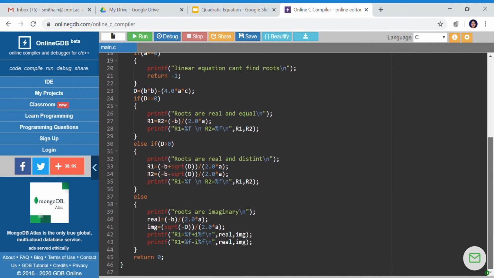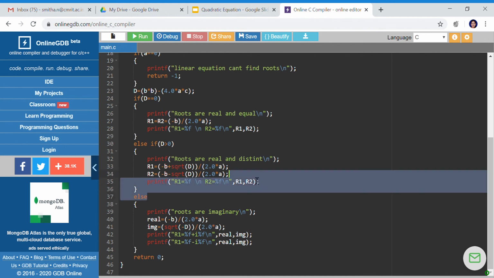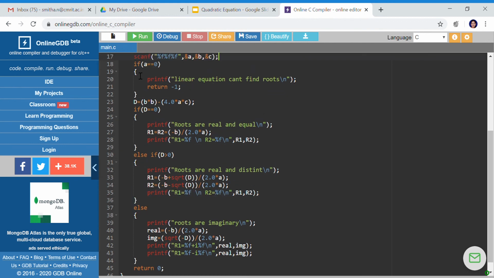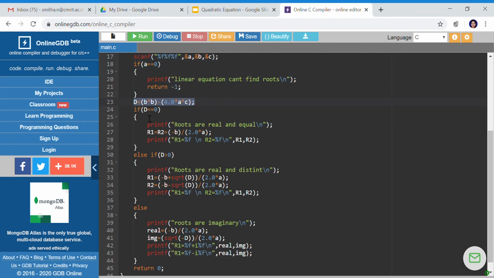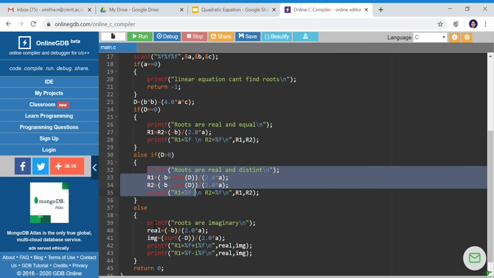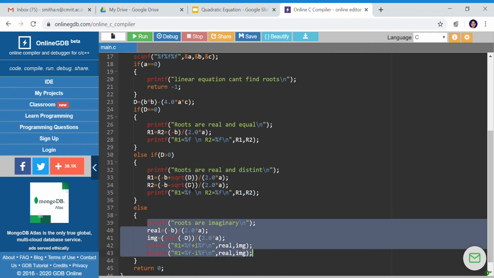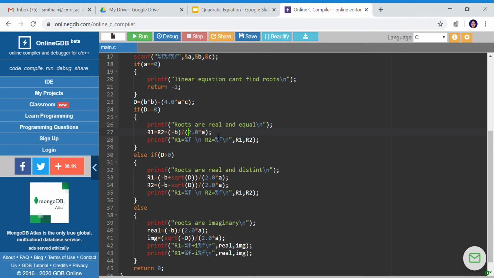So if you want to implement this, you have to understand clearly. First, you have to check whether the coefficient of x is 0. That is checked here. You can see here. If it is not a quadratic equation, then the program will end here only. Otherwise, we compute the discriminant. Based on the discriminant value, it could be real and equal, real and distinct, or imaginary roots. If the discriminant d is 0, the root is minus b by 2a, so it is real and equal, and we print it. Otherwise, it is minus b plus or minus square root of d by 2a, that is real and distinct.